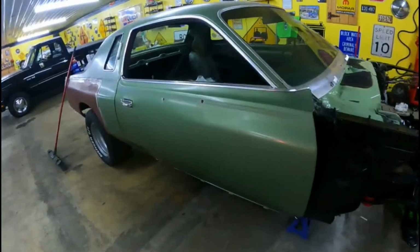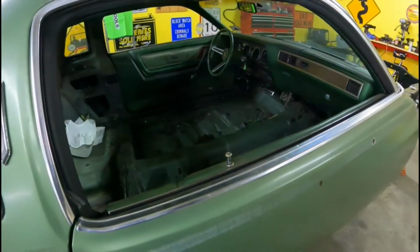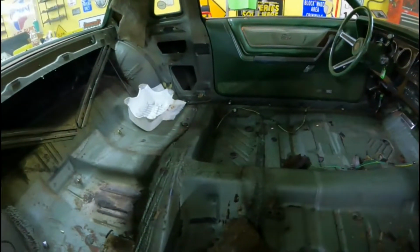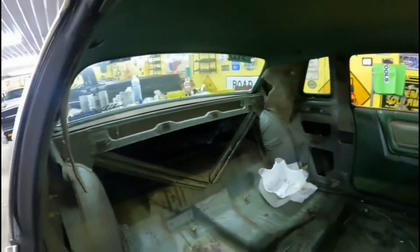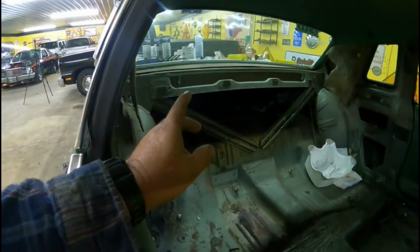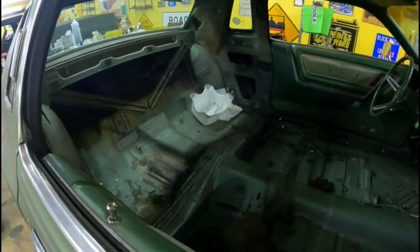And then we're gonna get this cleaned out and start getting ready to put the cage in, and then our racing seats and all that good stuff for safety. So I think we're just gonna do a strap bar, essentially just come up and down and then run two supports back to the frame rail, back in by the trunk area. And then we'll have our fuel cell, our area for the battery and all the safety stuff. And then we've got RaceQuip